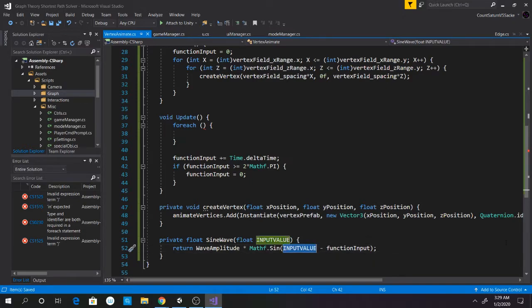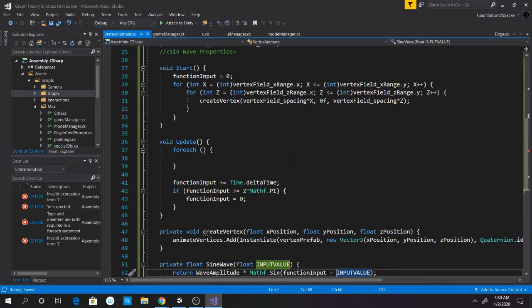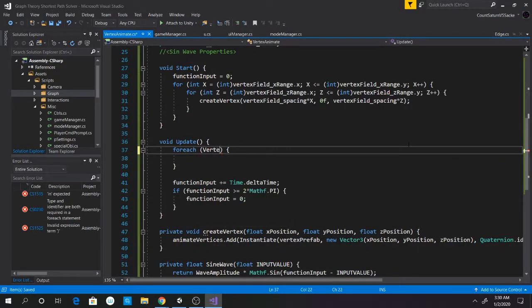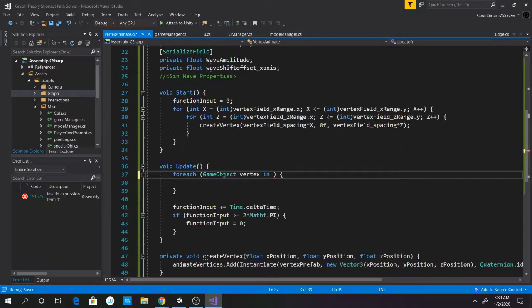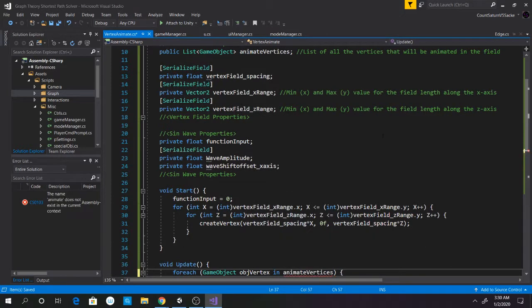Oh, hold on a second. This is supposed to be the other way around. This is supposed to be this minus the input value. The function input is the main part. This is actually our x value. It's going to be determining the height. I should probably, you know what? For each game object vertex in the animate vertices,